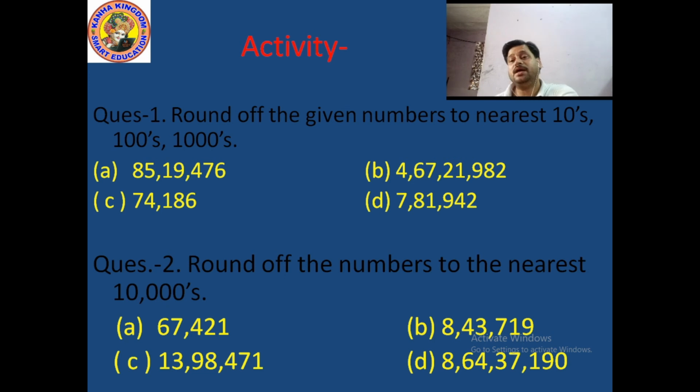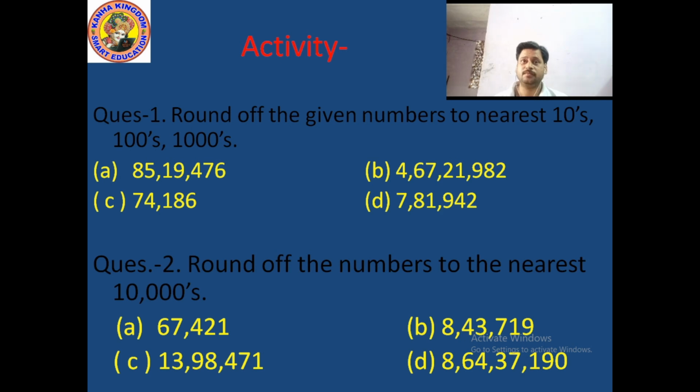But if the 100 place value is 5 or more than 5, then what you have to do? Then you convert the 100 place value, tens place value and ones place value into 0, but you have to add one more number in the 1000 place. Whatever the digit in the 1000 place, you just add one more number in the 1000 place, and the rest of the numbers are the same, nothing is changeable. Like this you have to solve nearest 10, nearest 100 and nearest 1000. Okay, so do you all understand?